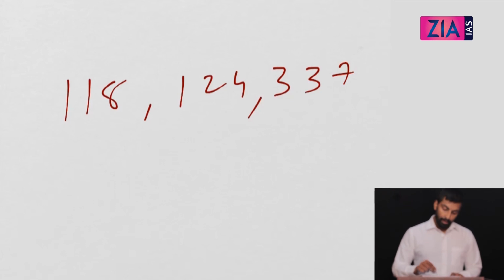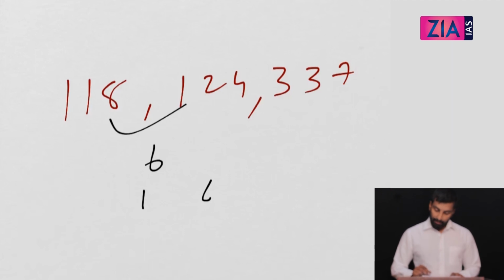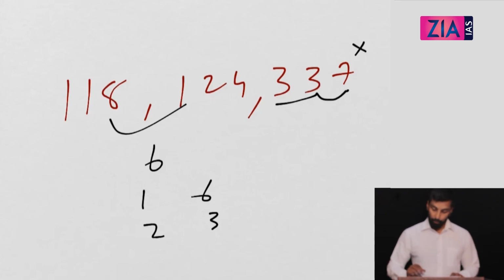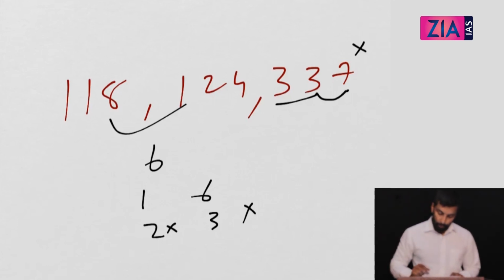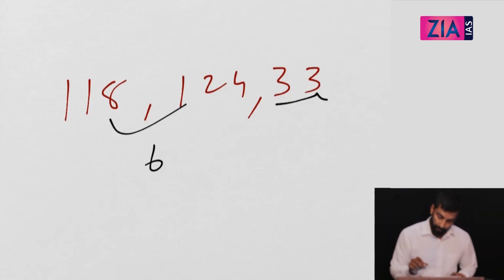So what if you have 118, 124, 337? What is your answer? You take the smallest difference here, 6. So factors of 6, that means 1, 6, 2, 3. Any of this is your HCF. 6 cannot be the HCF because it is odd number. And then you need to check for 3. 3 plus 3, 6. 6 plus 7, 13. So 3 is also not possible because sum of numbers is not getting a multiple of 3. You know the divisibility of 3, right? Then it can't be 2. So what is your answer? 1.